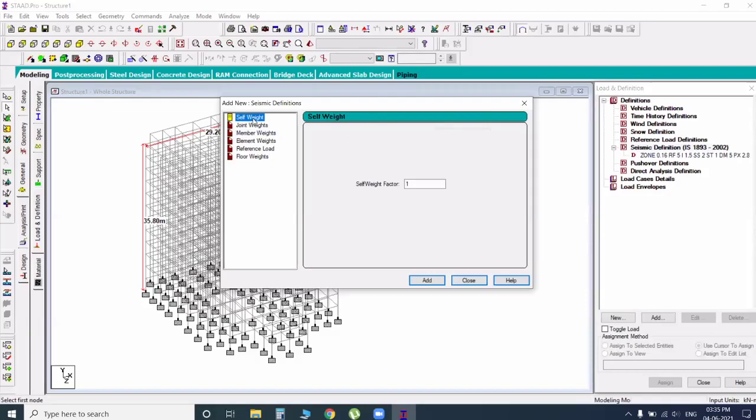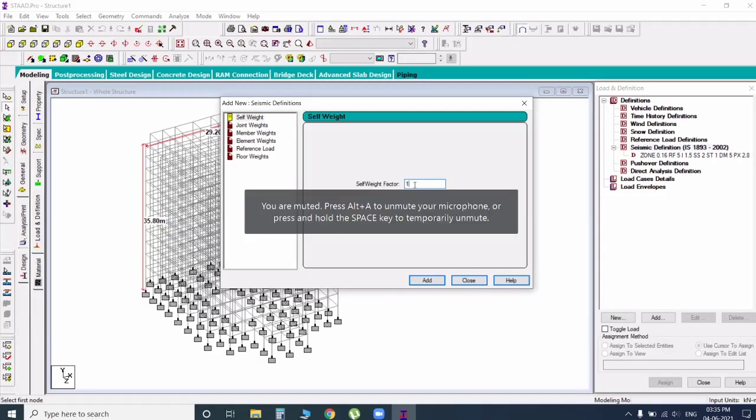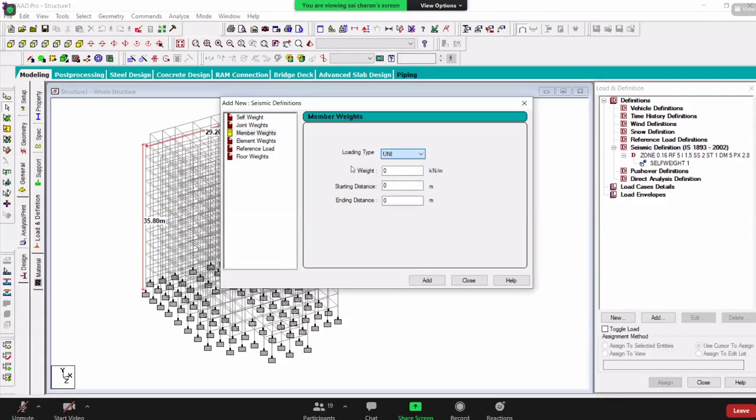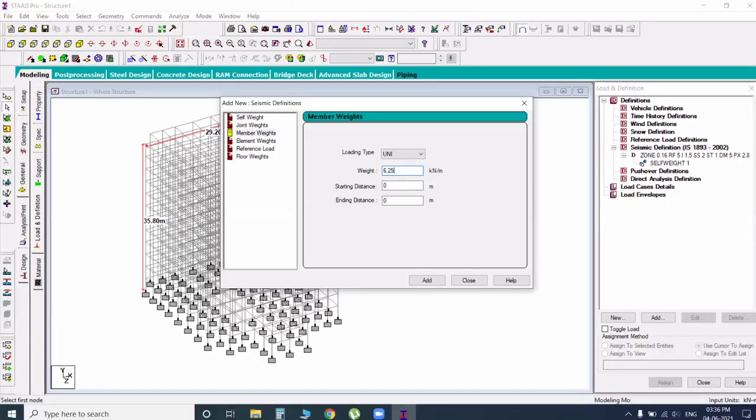Now coming to self weight. Here do not enter a minus value, because we are calculating earth only. There is no gravity in earth. Okay, in the parts above the earth we have gravity. Now self weight is 1. Click on add. Member weight is a uniform force. Uniform force means wall load. My model is a totally glass structure. That is the reason I go with 6.25 as the average of wall load.